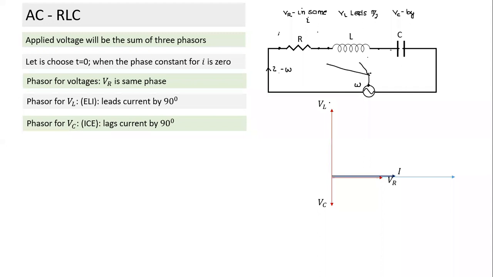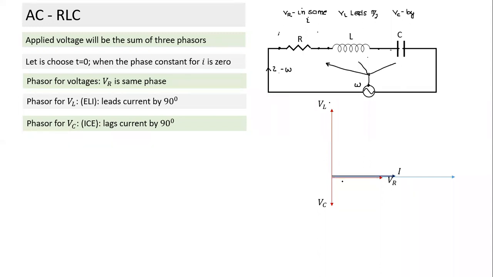But what kind of sum? One, we can say the instantaneous value of applied voltage is equal to the instantaneous values of VR, VL, and VC, or we can say it in terms of phasors. So this applied voltage is the phasor sum of VR, VL, and VC. So what we do here, we can take the sum of these three phasors. The three voltages are drawn in red color. Can we draw the phasor sum, which is a vector sum of the three? That gives me an equation to find the relationship between voltage and current.